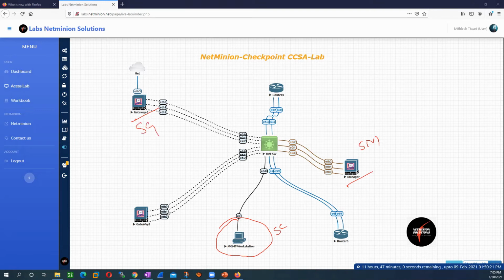We have another gateway that we can use for redundancy or configure as a cluster, but we are not going to do that in this lab. Let me show you how we can deploy the security gateway, how we can create a smart management server, and how we can install a SmartConsole.